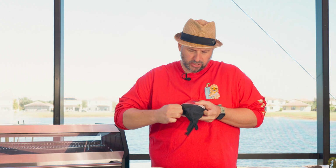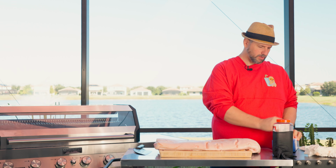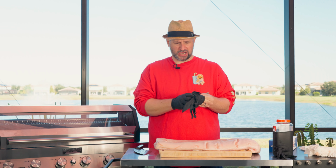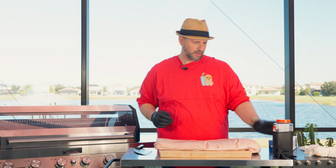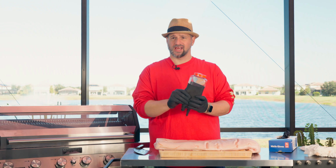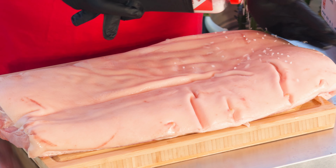Take whatever spice you're going to use, take a glove, and now I can handle that spice, and I don't have to worry about washing the spice jar later because it got all messy, and I don't have to waste gloves, keep pulling off a glove because I now have a dirty hand and a clean hand. I can just handle this thing, even though I've touched this and I touched this. It's an awesome tip. And we're going to rub some coarse salt